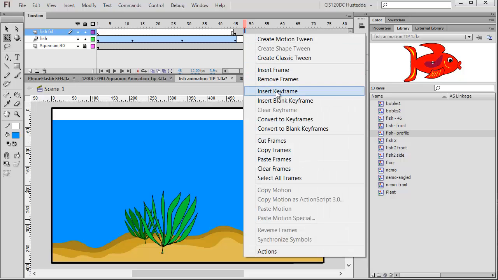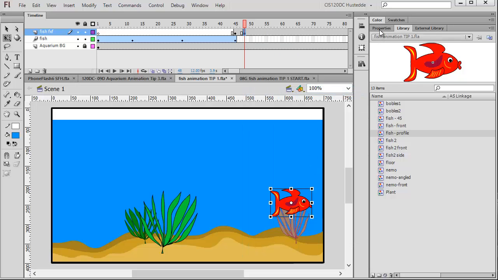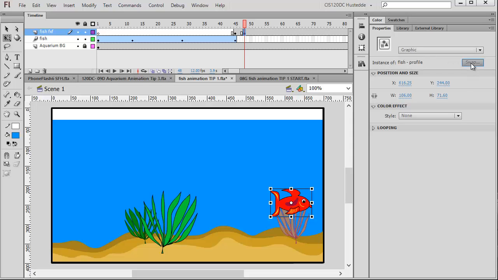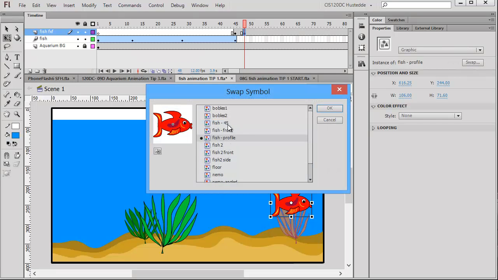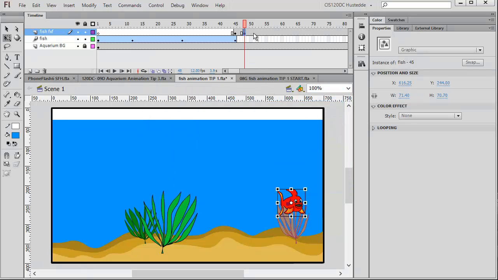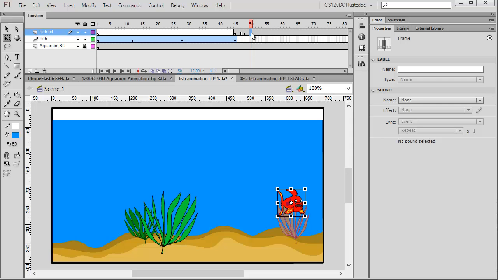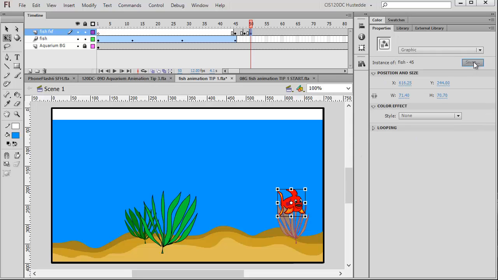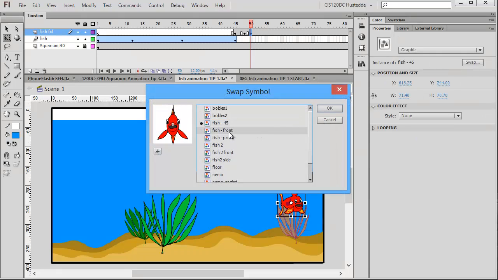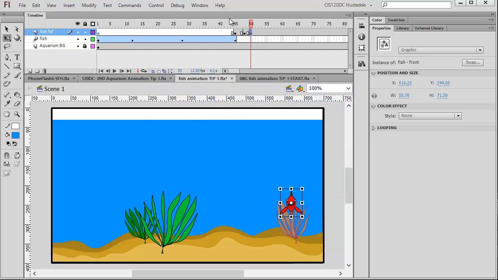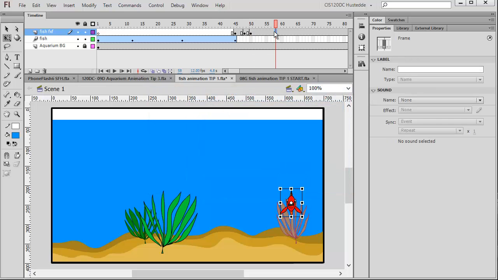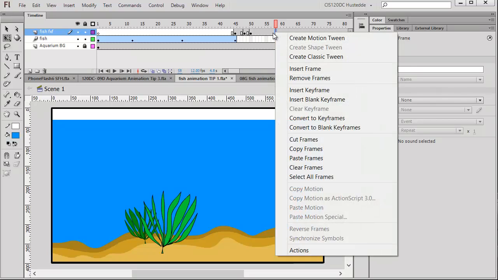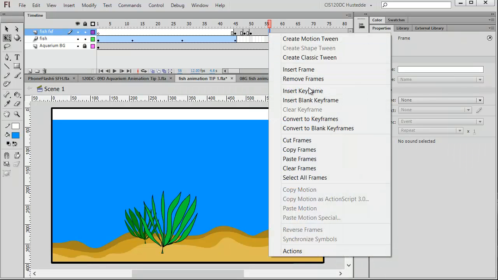Then I'm going to insert a keyframe. I'm going to select my fish, and I'm going to swap it. This time for the fish 45. It'll be there for just a couple frames. Insert a keyframe. Select my fish. Swap it for fish front. Might let it sit there for a few frames. Insert a keyframe,